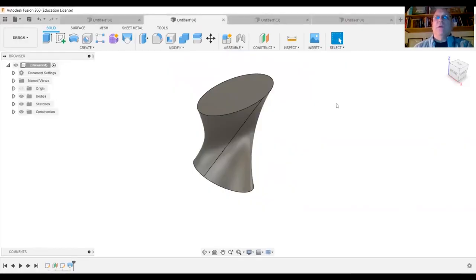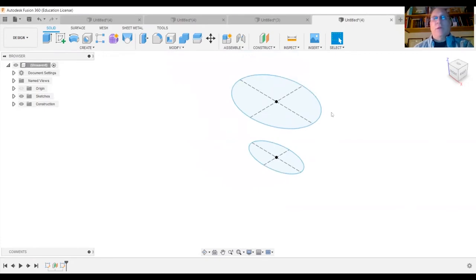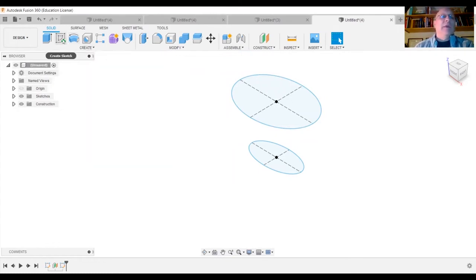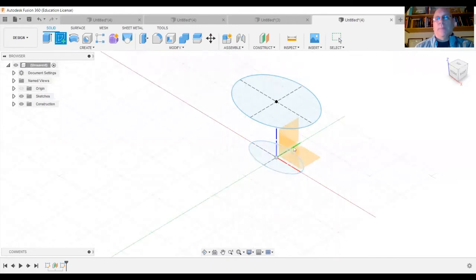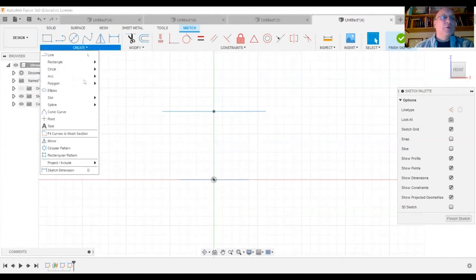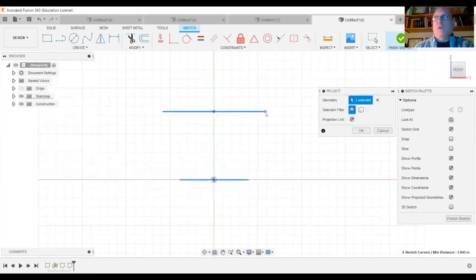Okay, so let's try another one. So I'm going to go over here. In here, I have 2 ellipses on different planes. This time I'm going to create my own rail. I'm going to tell it how I want it to weave in and out. So I'm going to make a new plane, new sketch on this plane. This plane is going to be perpendicular to the 2 that I already have. I'm going to come over here to create, scroll down to project. I'm going to select both these lines because I want these endpoints. I need these endpoints. So from those endpoints,